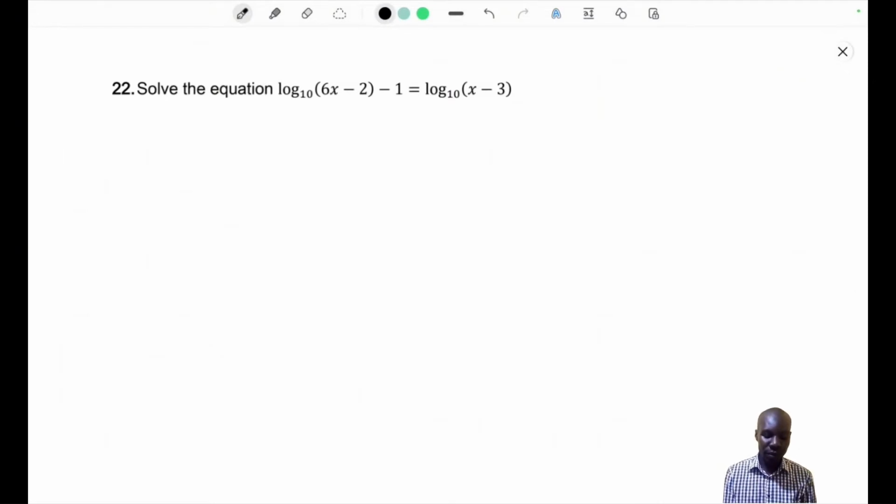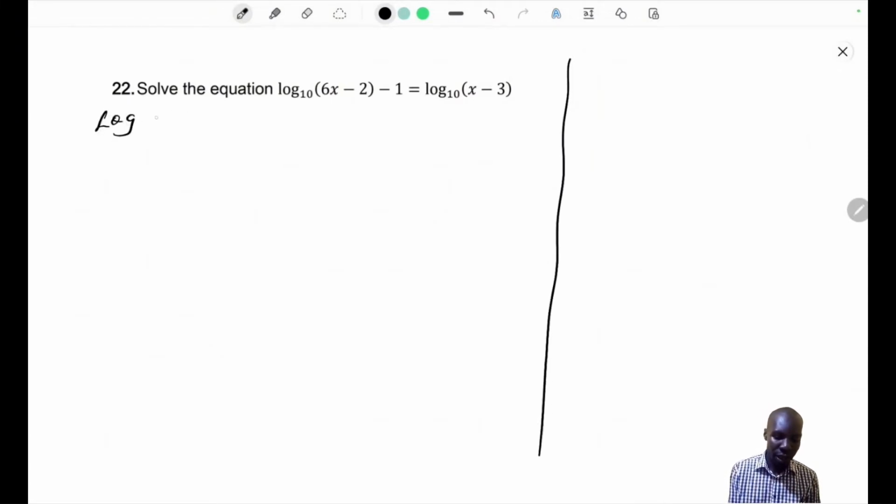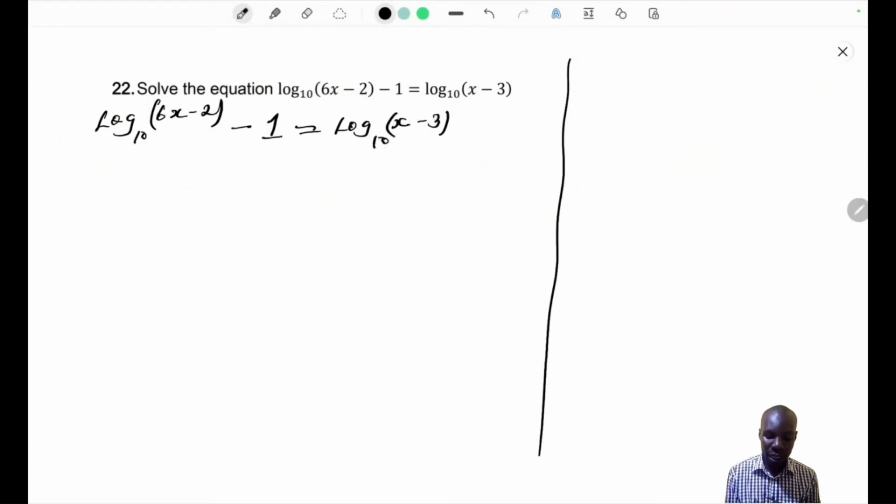Number 22, solve the equation. So in number 22, we are given log of (6x minus 2), everything to base 10, minus 1 should give us log of (x minus 3), everything to base 10. So this will give us log of (6x minus 2) to base 10 minus this one here,